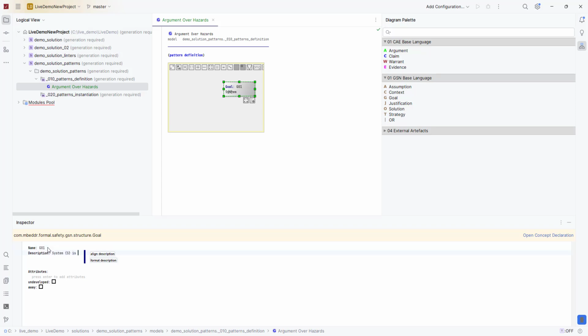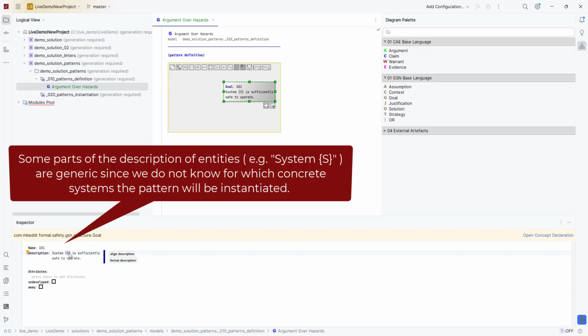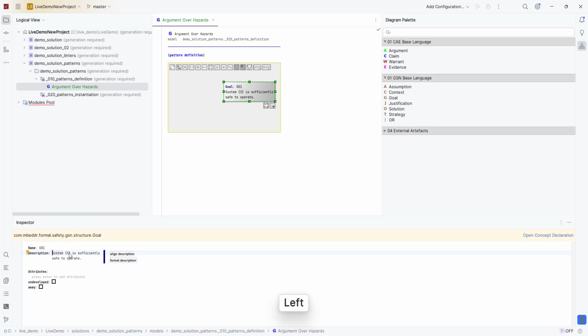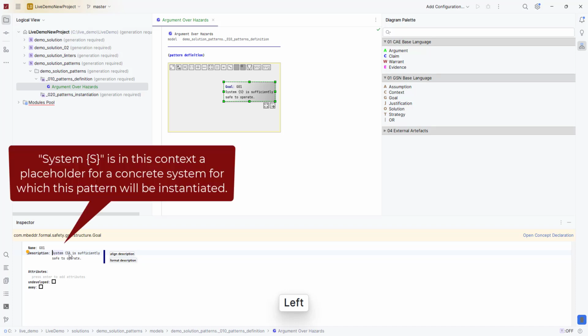The top goal claims the safety of a system. When assurance elements, for example goals or strategies, are part of patterns, their description is generic since they might reference objects which are not concretely known at the time when the pattern is written. In our example, we do not know what exactly this system S is. It might be a vehicle or a medical device. This is why the word System S is a placeholder for a given concrete system for which this pattern will